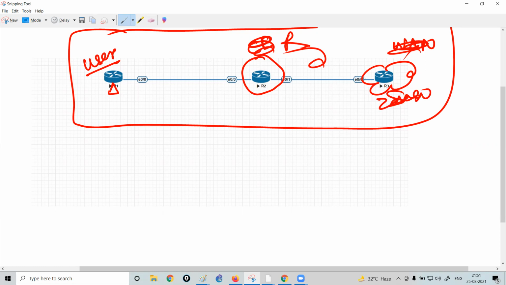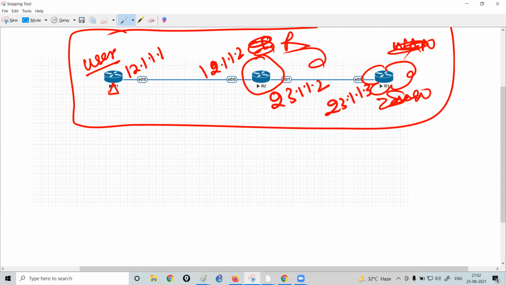Now I am going to configure this interface of the router with the IP 12.1.1.1. This will be configured with 12.1.1.2. This router R2 will be configured with the IP address 23.1.1.2 and this will be 23.1.1.3.